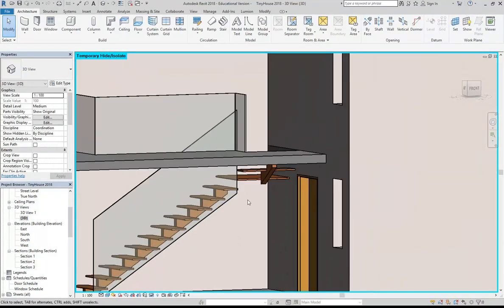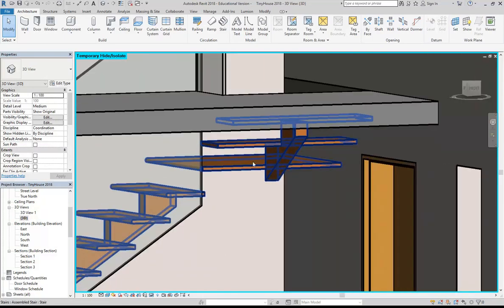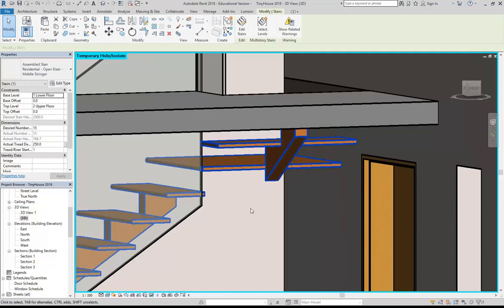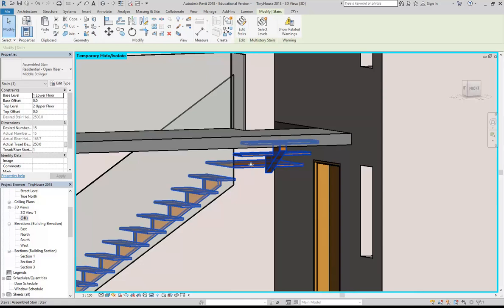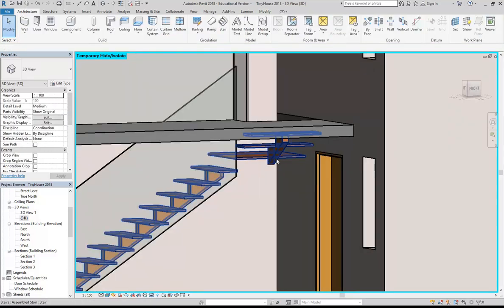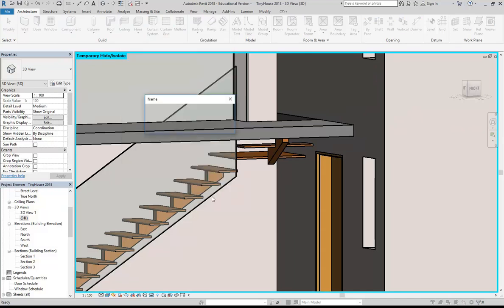So again, notice how even with this simpler stringer, it's lost it below the landing. So there are options for putting in supports automatically for landings, but often in situations like that, you're better off just making the stair and then coming back and using model in place to add in the extra structure that you need. And that's a really quick, simple one I can just show you. So model in place, and I'll use stairs as the category,